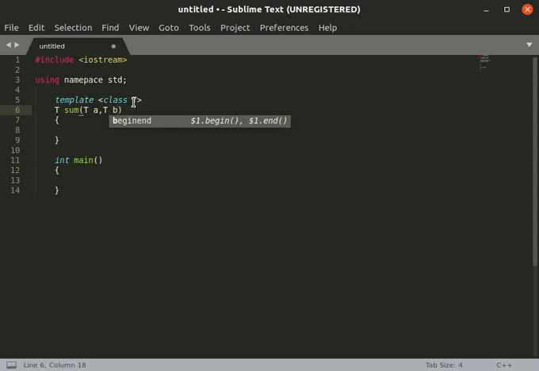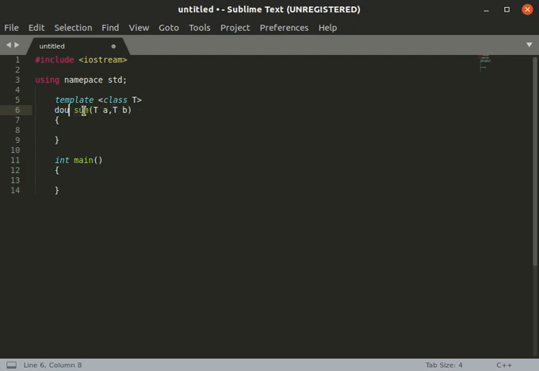If we pass any type of data type at runtime, then that data type will replace this T at that runtime. For example, if I pass a double data type from the main, then it will replace T with double here, and here also, and here also.